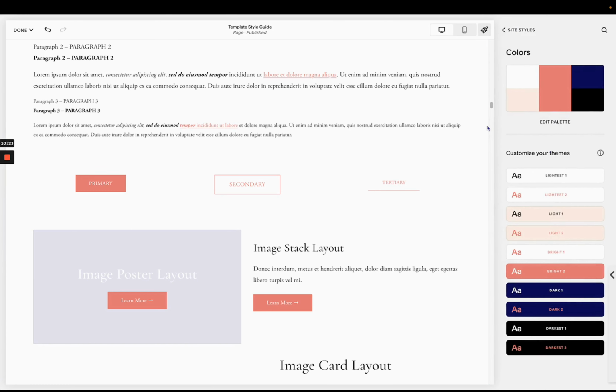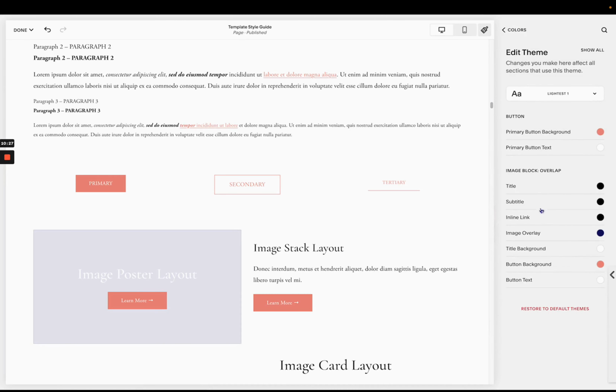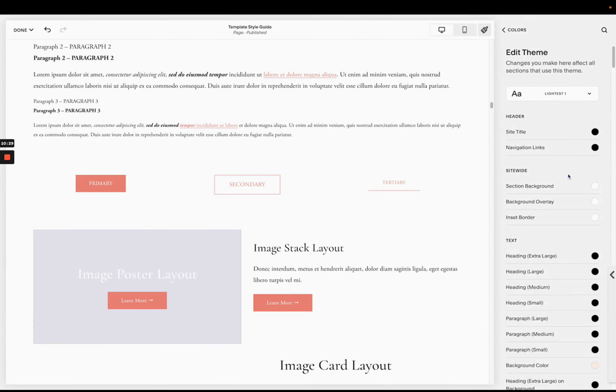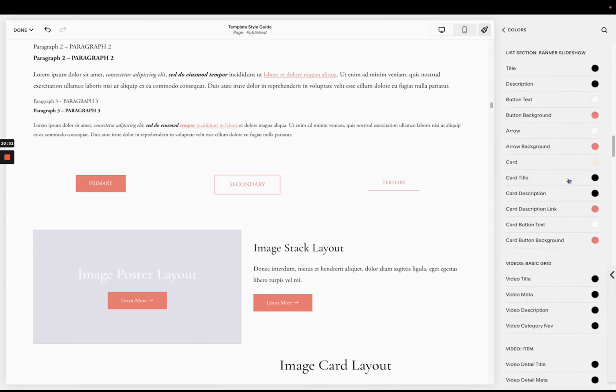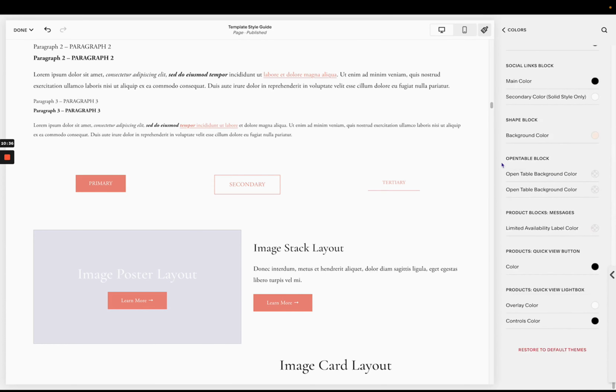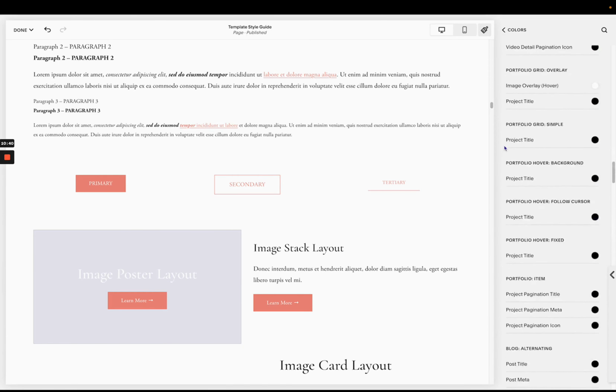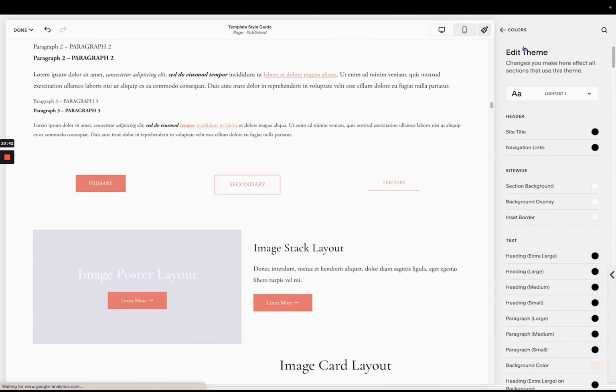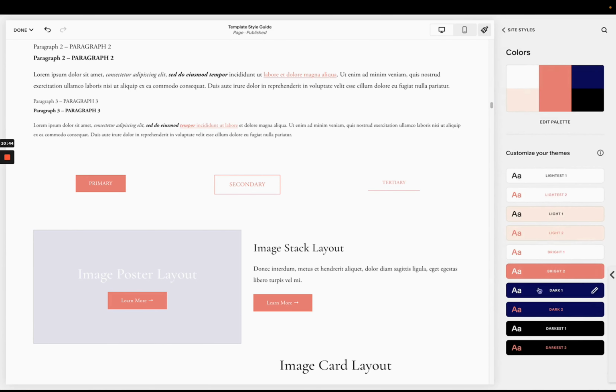So those are the most common issues that are related to color. And of course, you can go in and change and update all of the color adjustments per theme if you want to. There's nothing wrong with doing that. It just is extremely time consuming. So I always try to adjust the color palette based on how I want it to populate these themes. Now that you understand that, hopefully that